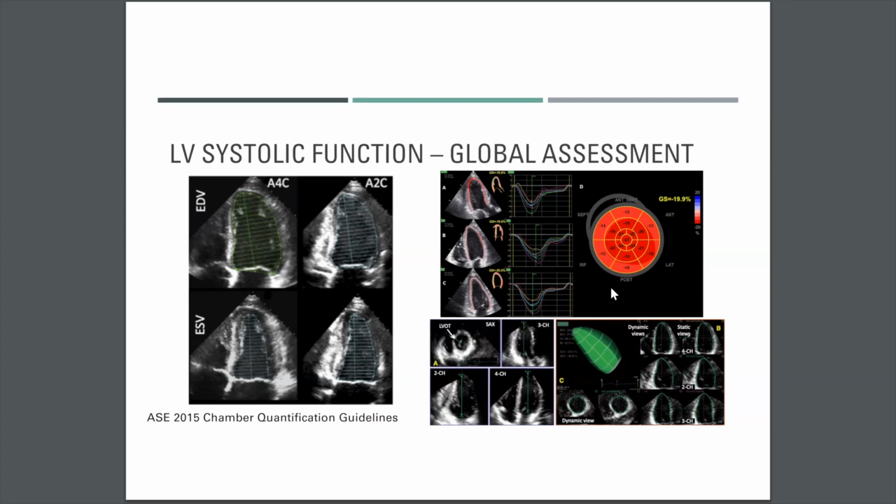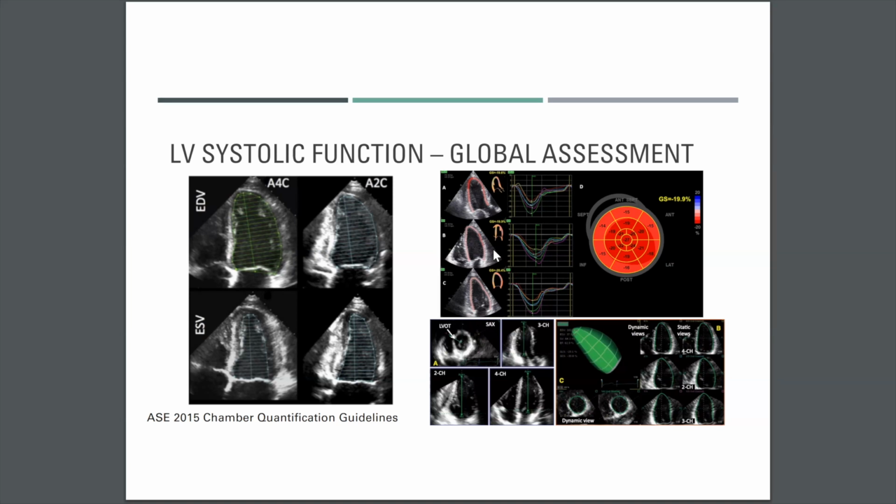And the advantage of this is that it's independent of the angle at which the images are acquired. The disadvantage, obviously, is that speckle tracking features are dependent on the vendor and the algorithm provided by the vendor. So the overall reference values may be slightly different from machine to machine. And it's, again, dependent on image quality, because if you don't have good definition, especially mid-myocardial, to track, the algorithm is going to screw up your